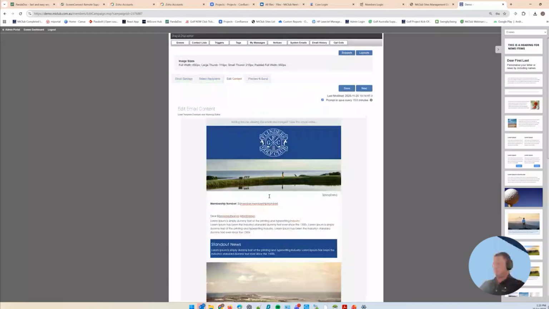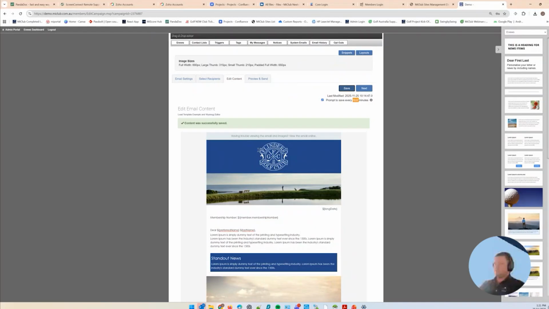Once it's all tidy and it's got everything you need, it automatically saves with a timer after 10 minutes, or you can select save manually. Okay, now if I was to select next,